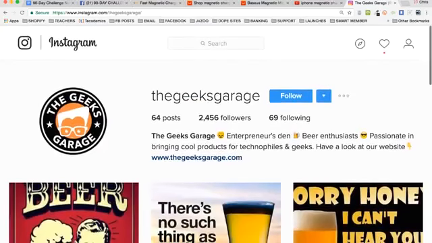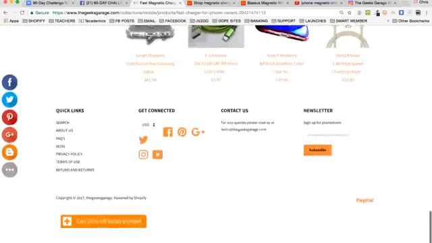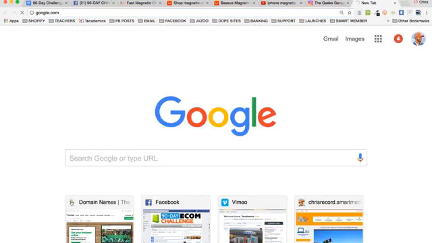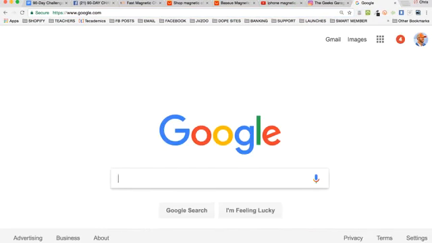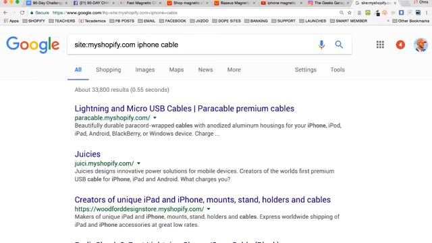Now, we could have also done this. This is another way to reverse engineer. How could we have gotten here? Let's go back to their site. Let's go down to the bottom of their page. A lot of social media, when you find these sites, let's do this. Watch. Go to Google. This is another thing that you can do. Site, myshopify.com, and let's do iPhone cable, because that's what we're researching. And you're going to find lots of different